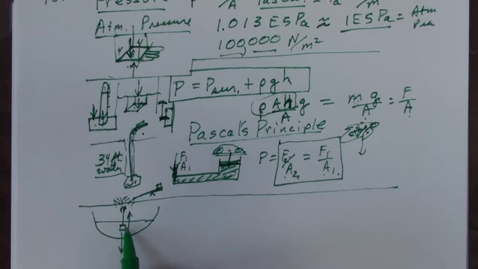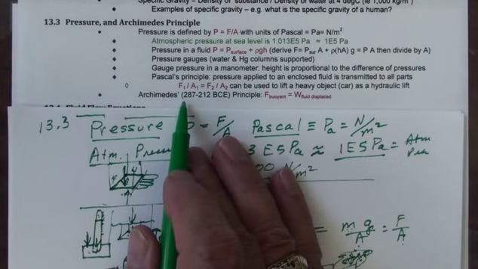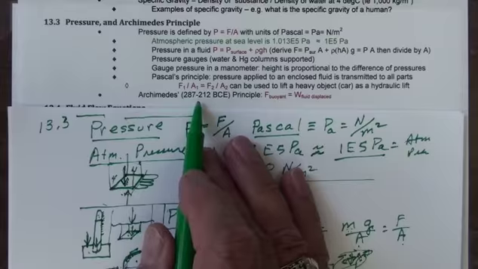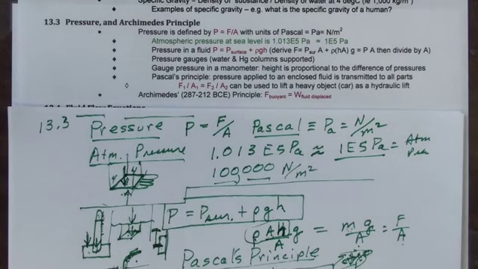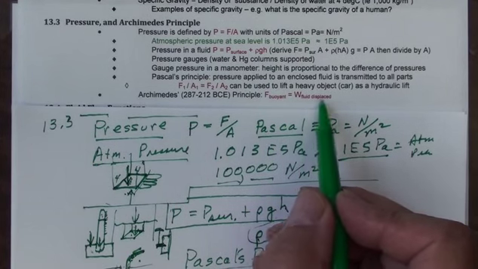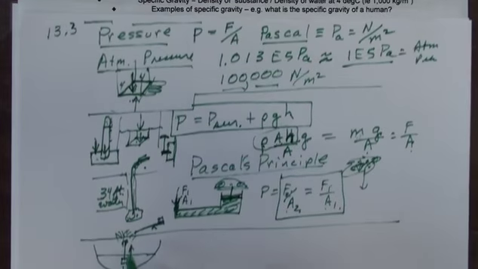Well, it was Archimedes that figured out, and he lived between, I've got the dates down here in your notes, between 287 BCE and 212 BCE, and he was able to show that the buoyant force was equal to the weight of the displaced fluid. So, whatever this object